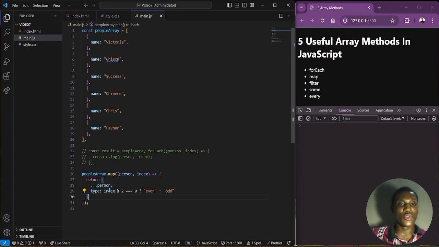What this is doing is that it's checking if the index is an even number. So if it's divided by 2 and there's no remainder, then it's an even number, otherwise an odd number, and then it adds this type property to each person object. So now if I log the final array here, remember I told you that this returns, unlike the forEach method. So if I log the result,